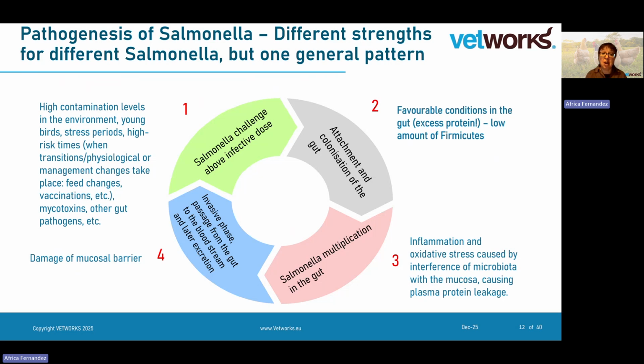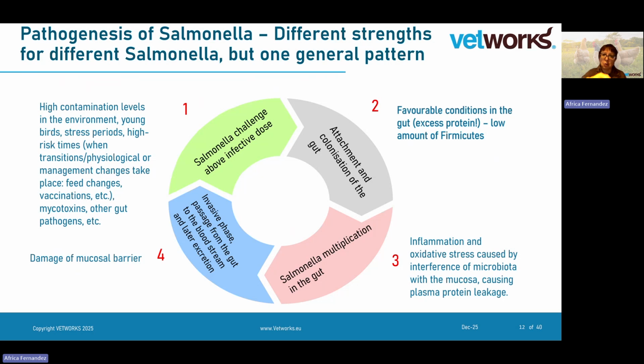Mycotoxins also cause immunosuppression. And there are other gut pathogens that can also harm the intestinal lining and make it a lot easier for Salmonella to attach and settle in the intestinal tract